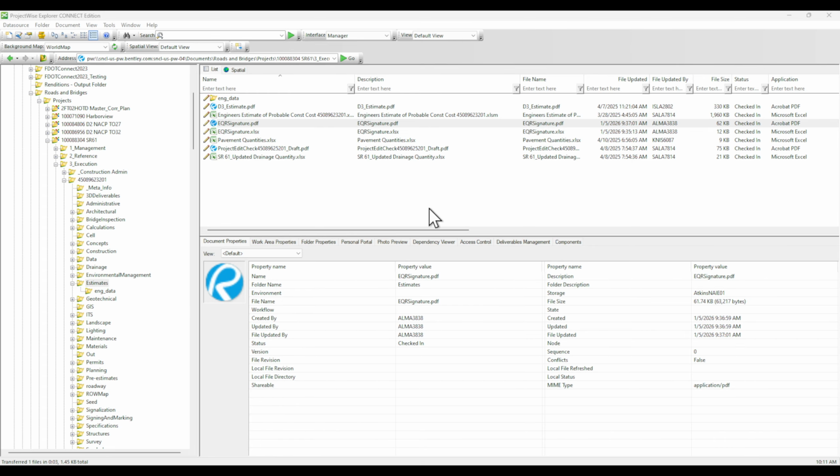So what we're gonna do in this video, we're gonna talk about how to create quantities, the FDOT EQR estimated quantity report. But we're gonna do it this time actually while using ProjectWise Explorer, because there are some tricks to make it. So in this video, I'm gonna show you all the tricks that you need. But before we do that, let me go